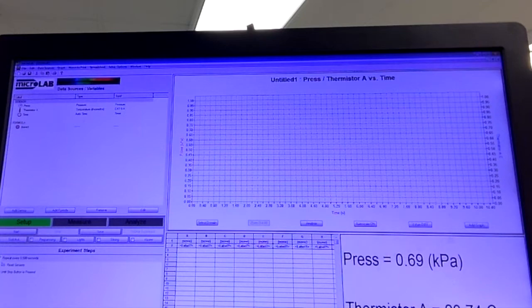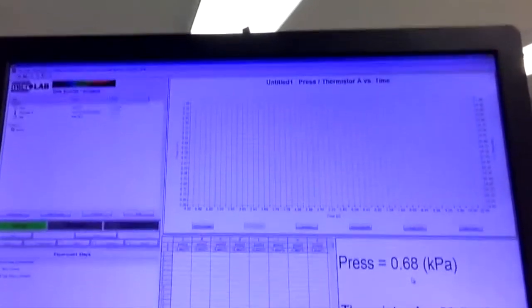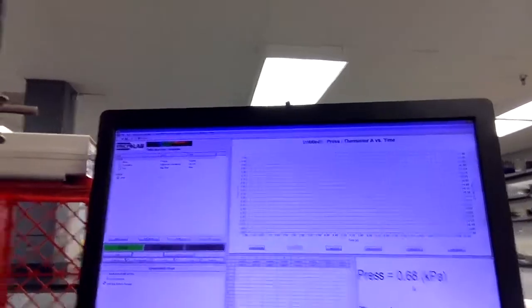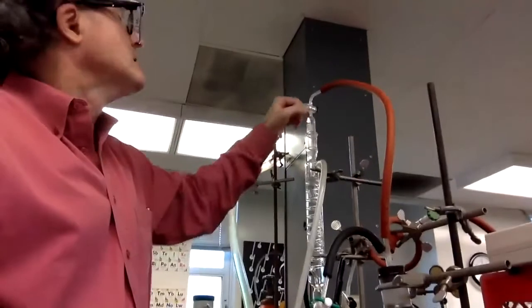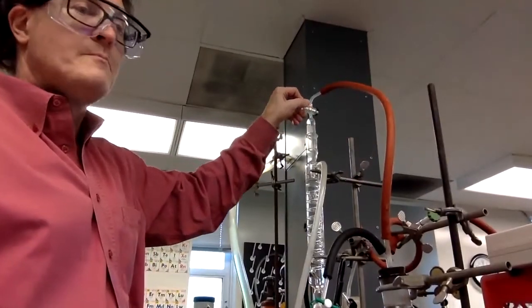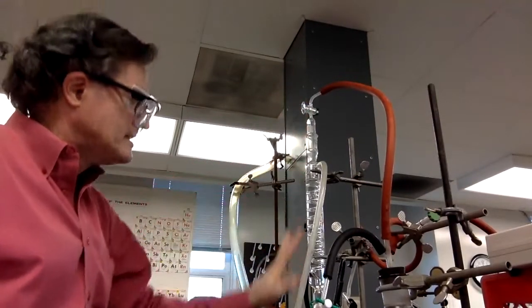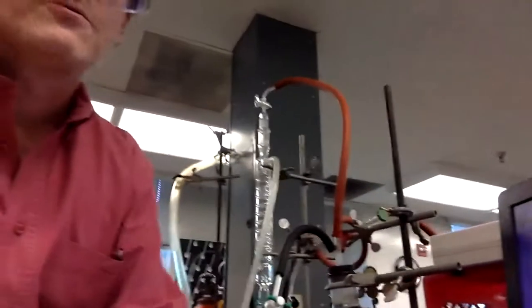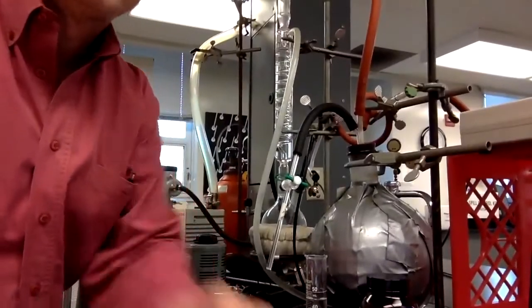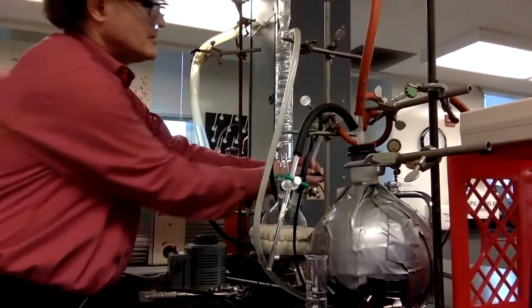Okay, so right now we've got this thing. It's pumped down out here, the ballast region. Okay, all of this down to 0.68, and if I open up the valve up here, wham, okay, I open this part out, it gets pumped out now, right, pressure went up. If we want to check for a leak, what we can do is put that valve to the pump,